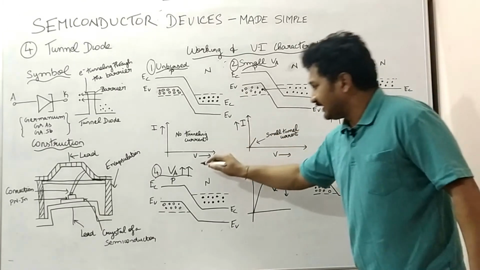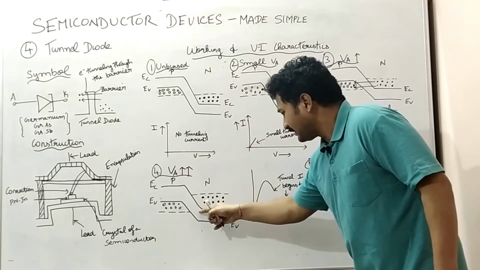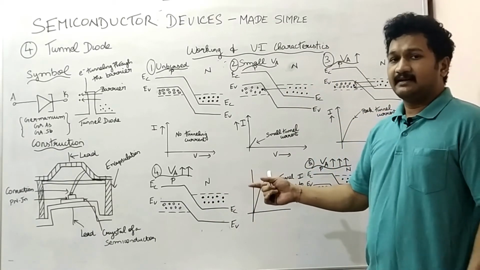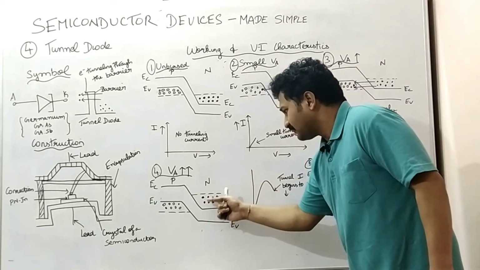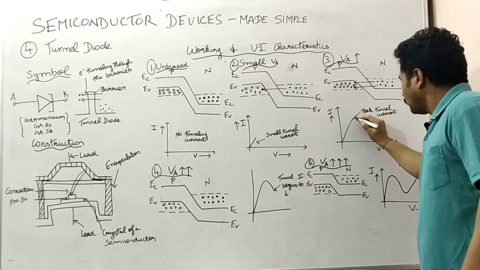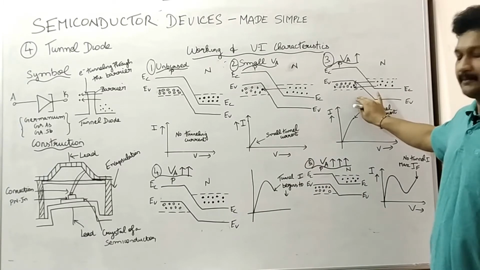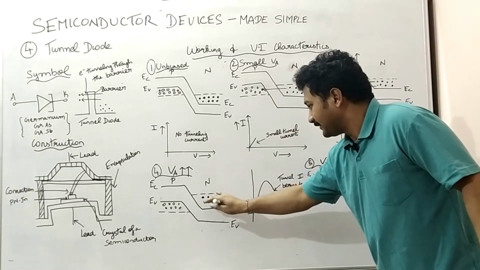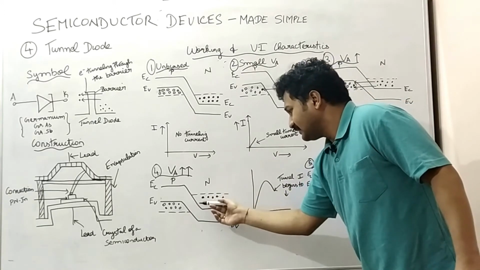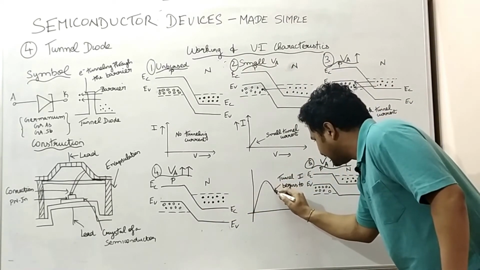In the next step, the applied voltage is further increased. If the applied voltage is further increased, we can expect that there will be misalignment in the overlapping of the holes and electrons. Even when there is a misalignment, there will be tunneling of electrons from the N side to the P side. But there was effective tunneling before, so we reached the peak tunnel current due to the full overlapping. Here, due to the misalignment, the current decreases because in the previous step there were more electrons tunneling. Here fewer electrons will be tunneling. So when the voltage is increased here, the current is decreasing.